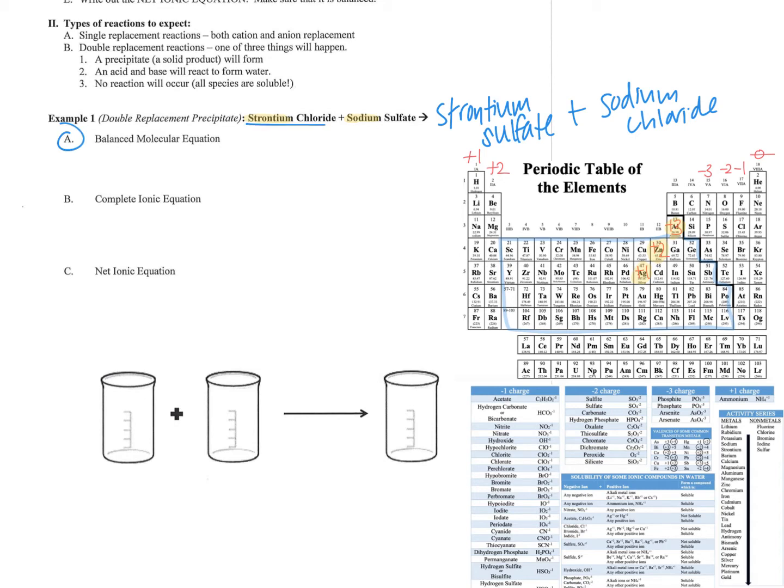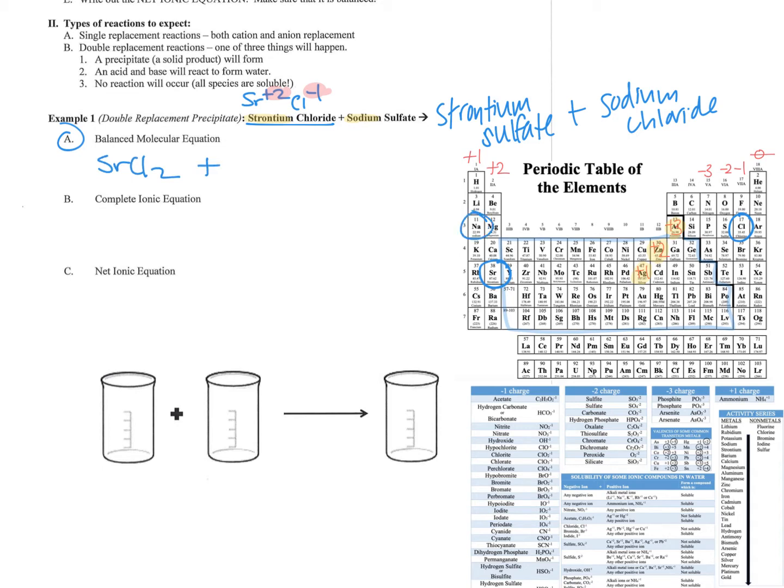So for the compound strontium chloride, we're going to need to get strontium, which I call this my rough draft. Up here has a +2 charge. Chloride is Cl with a -1 charge. And so anytime you're writing a compound with charges, we need our charges to equal 0. So I'm going to need 2 chlorines to balance that strontium. So my first compound formula is SrCl2,